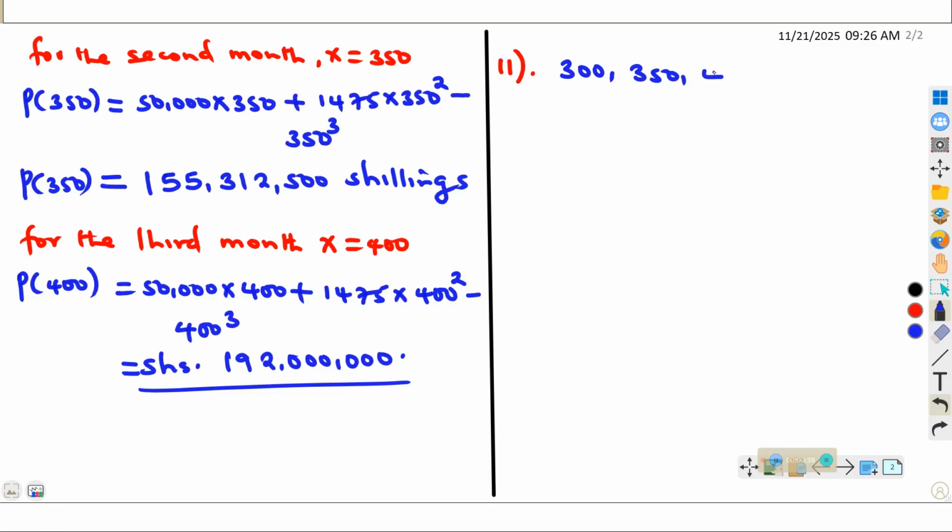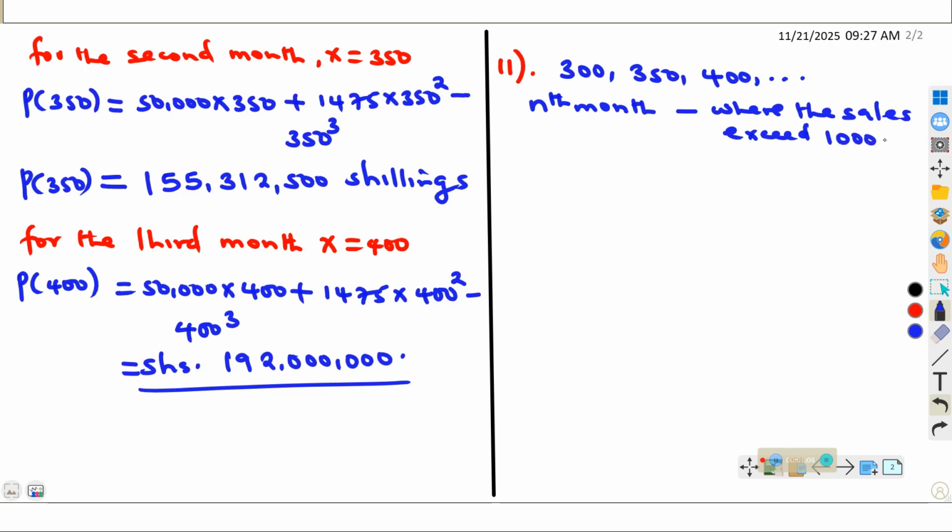Third month, 400 pairs are sold. So we need to know which month, that is the nth month, where the sales exceed 1,000 pairs. We don't know that month, so that is the nth month. If that is the nth month for which the sales will exceed this, we need to know